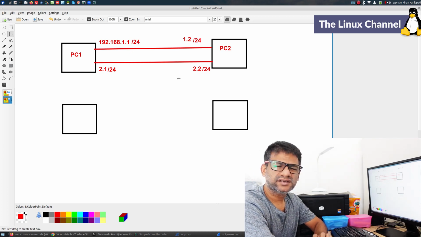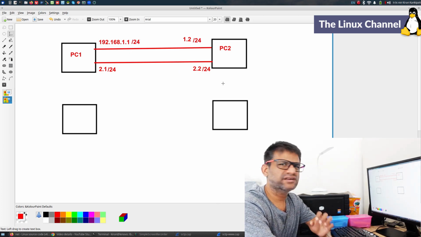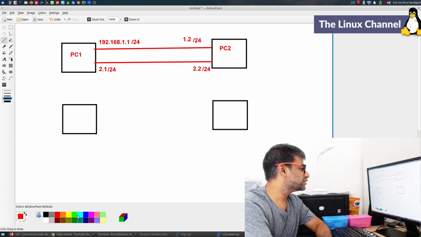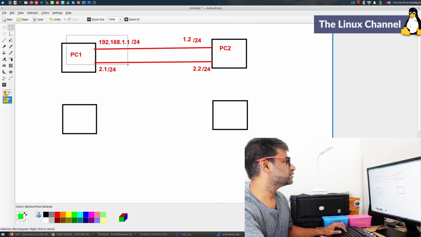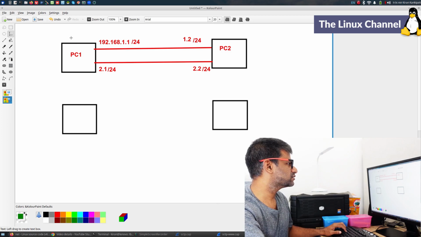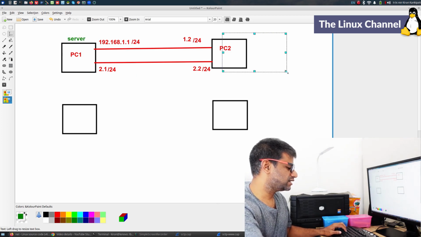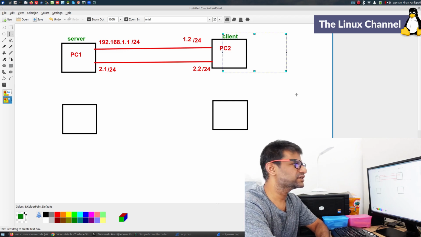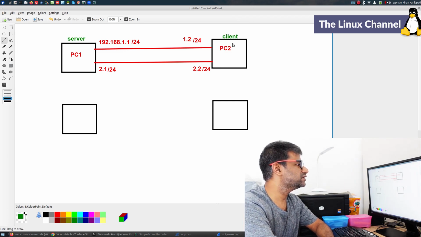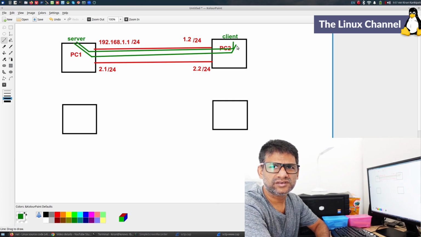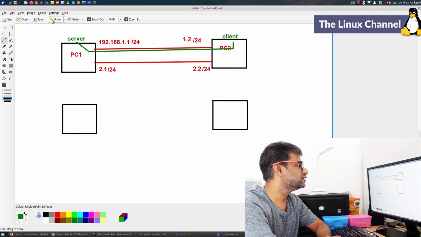So in this way they are connected, and now if you establish any regular TCP or UDP connection, suppose you run a server socket and a client socket, what happens is the traffic will go along one path, and it will utilize only one path. So this cannot be a multi-homed network. Either it will be like this, or based on your metric it will prefer one path and use it.